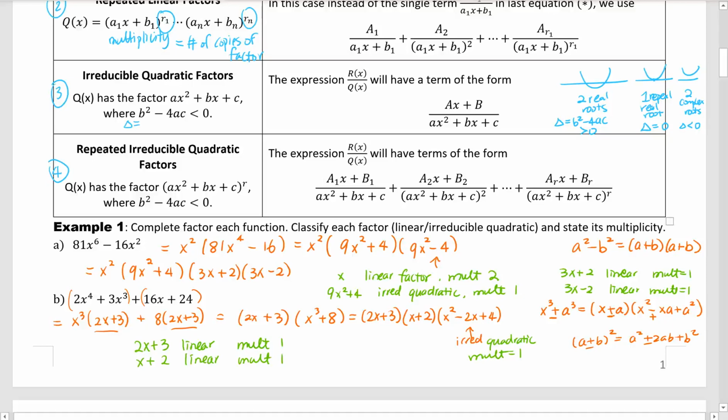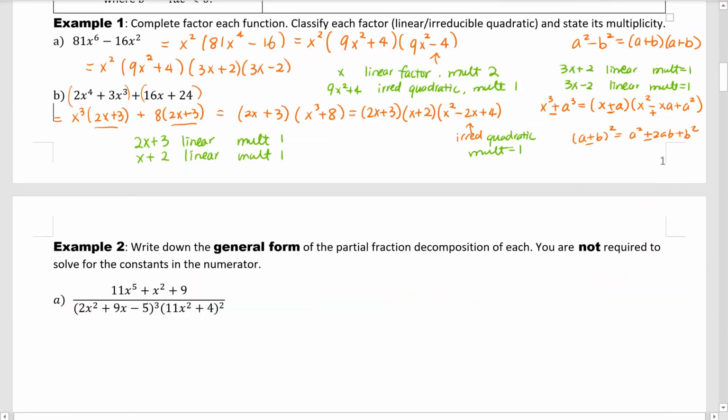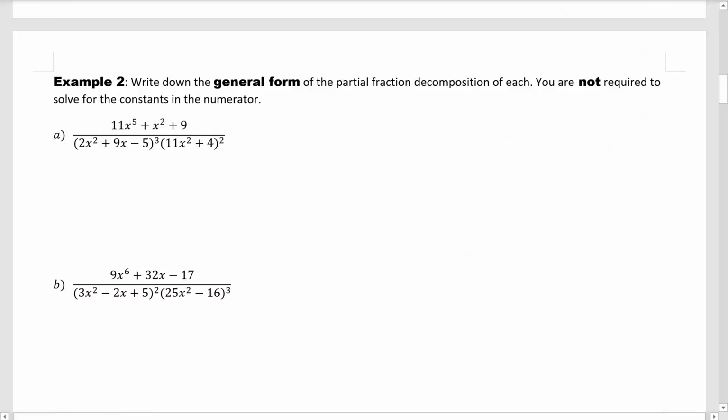Okay, so this is how we factor the denominator. Okay, next, write down the general form of the partial fractions decomposition of H. You're not required to solve for the constants in the numerator. Okay, first of all,